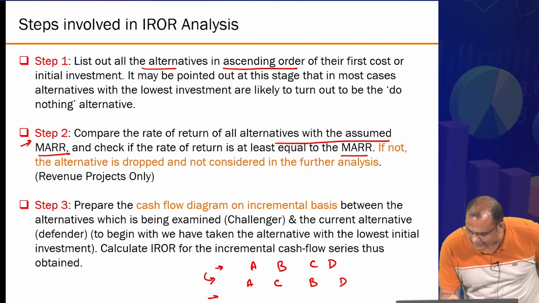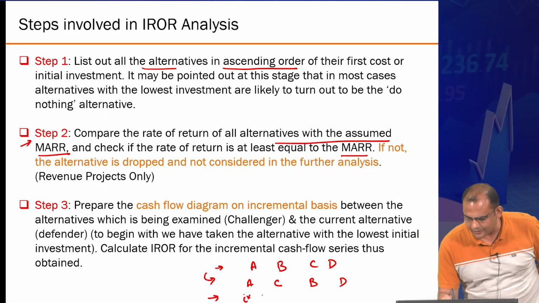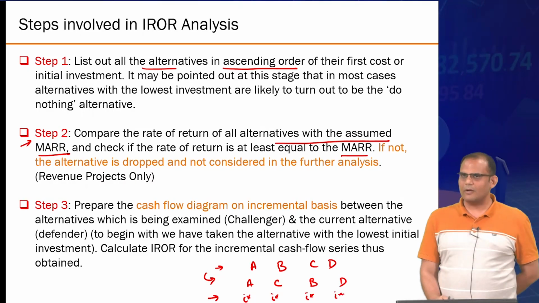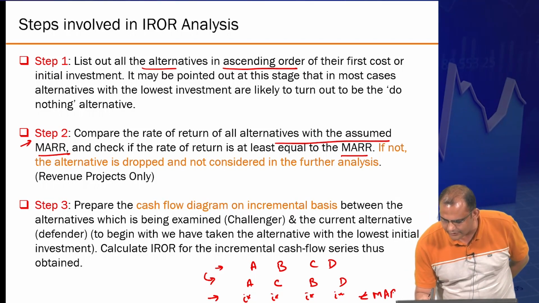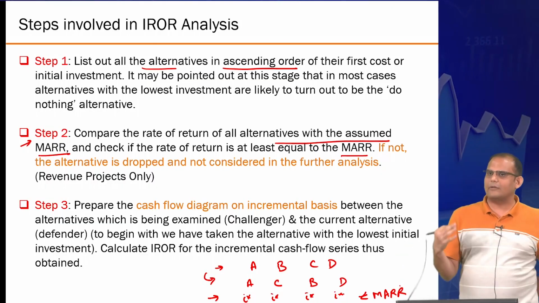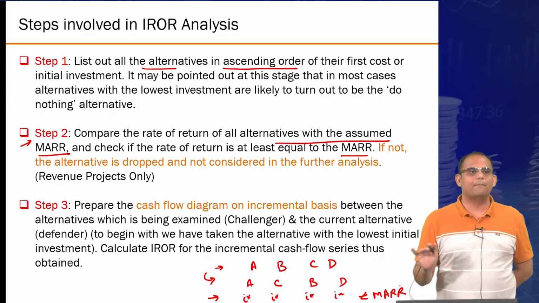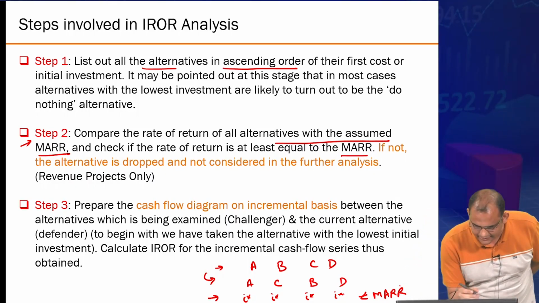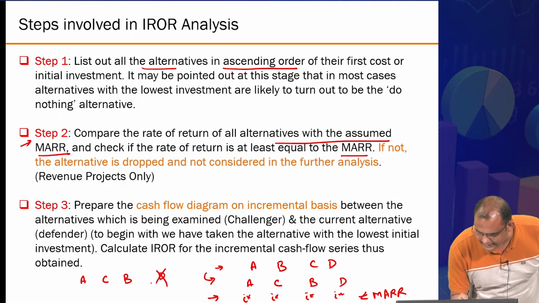So, based on the cash flow series of all these A, B, C, D, you can estimate their I star values, right? If any of these I star values is less than your demand, less than your minimum expectation, you immediately eliminate that option from comparison because there is no point taking it further, right? So suppose after step 2, option D gets eliminated,